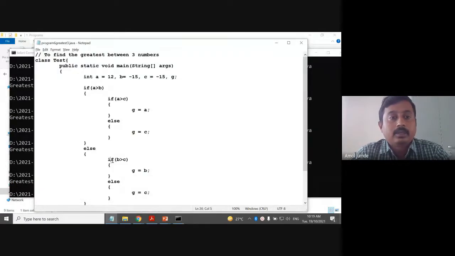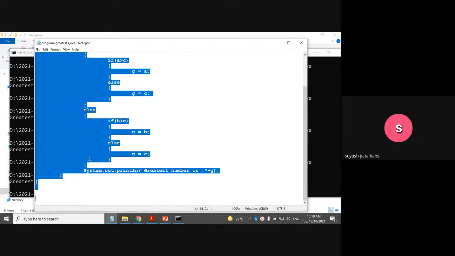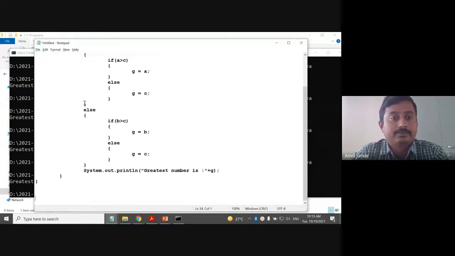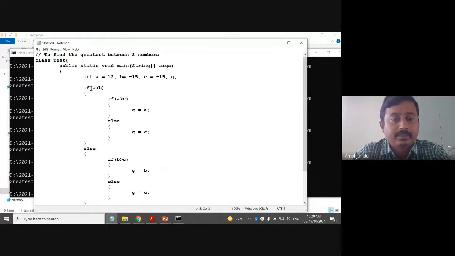Now, can we write the same program using the else if ladder? Yes, sir. Let us modify this code for the else if ladder, and it will be easier there. It will be done very easily. If a is greater than b and a is greater than c also,